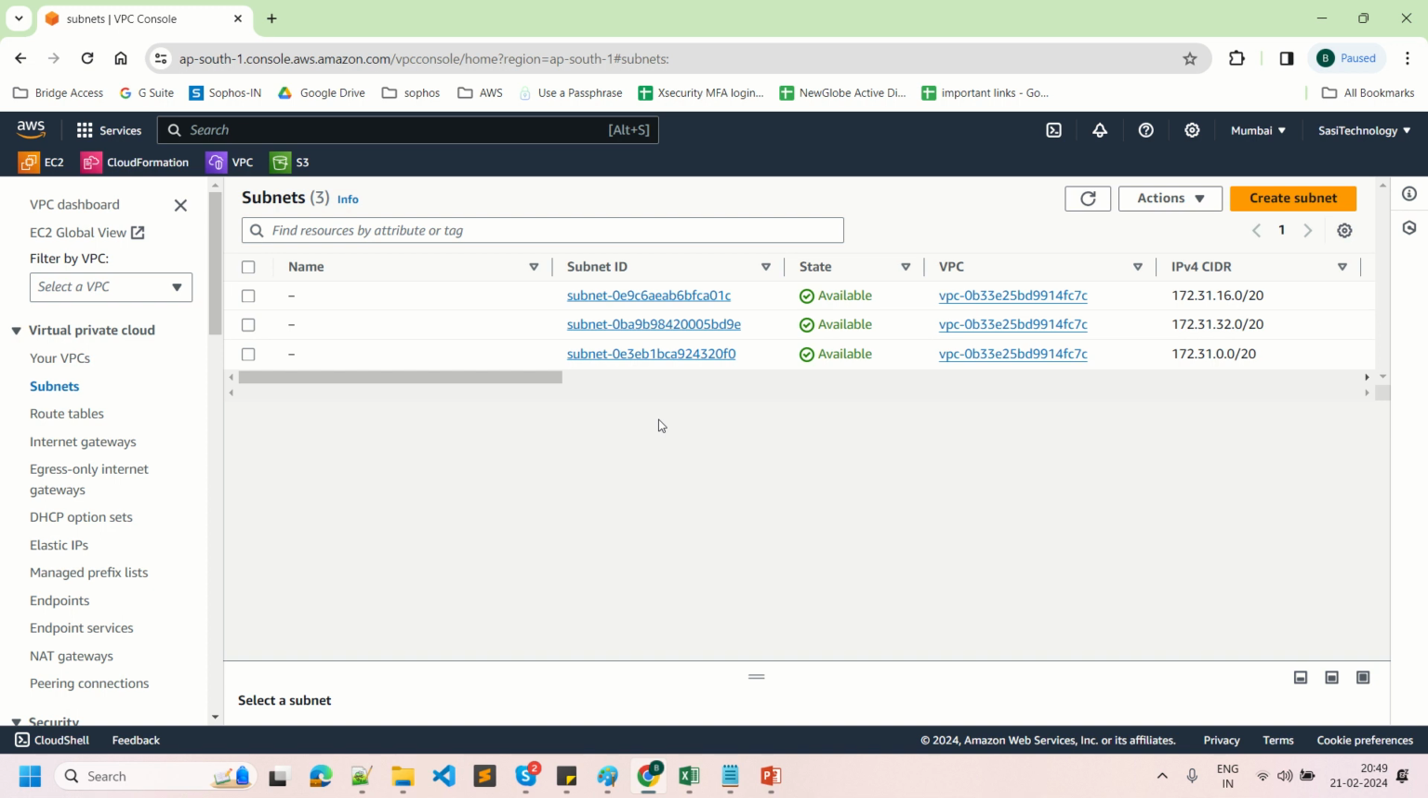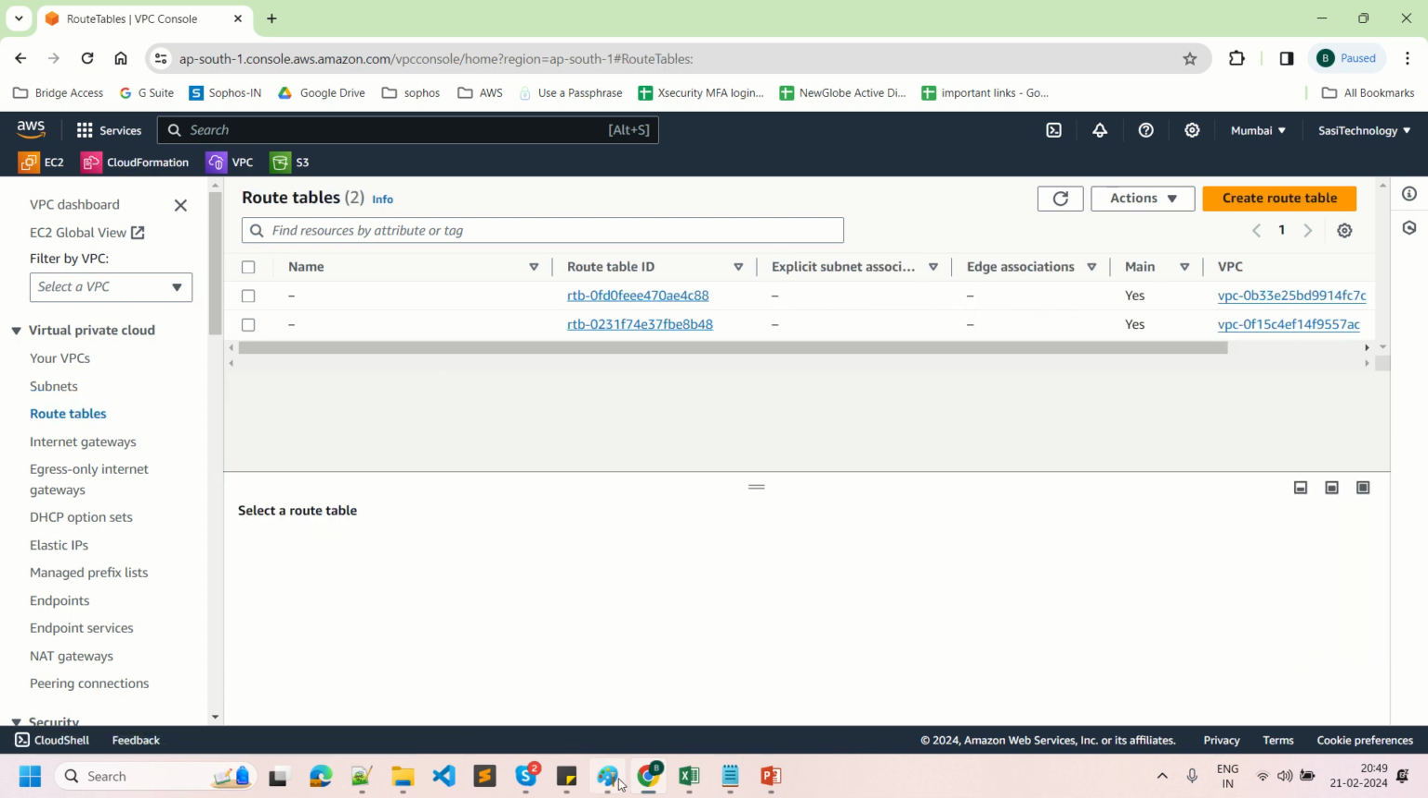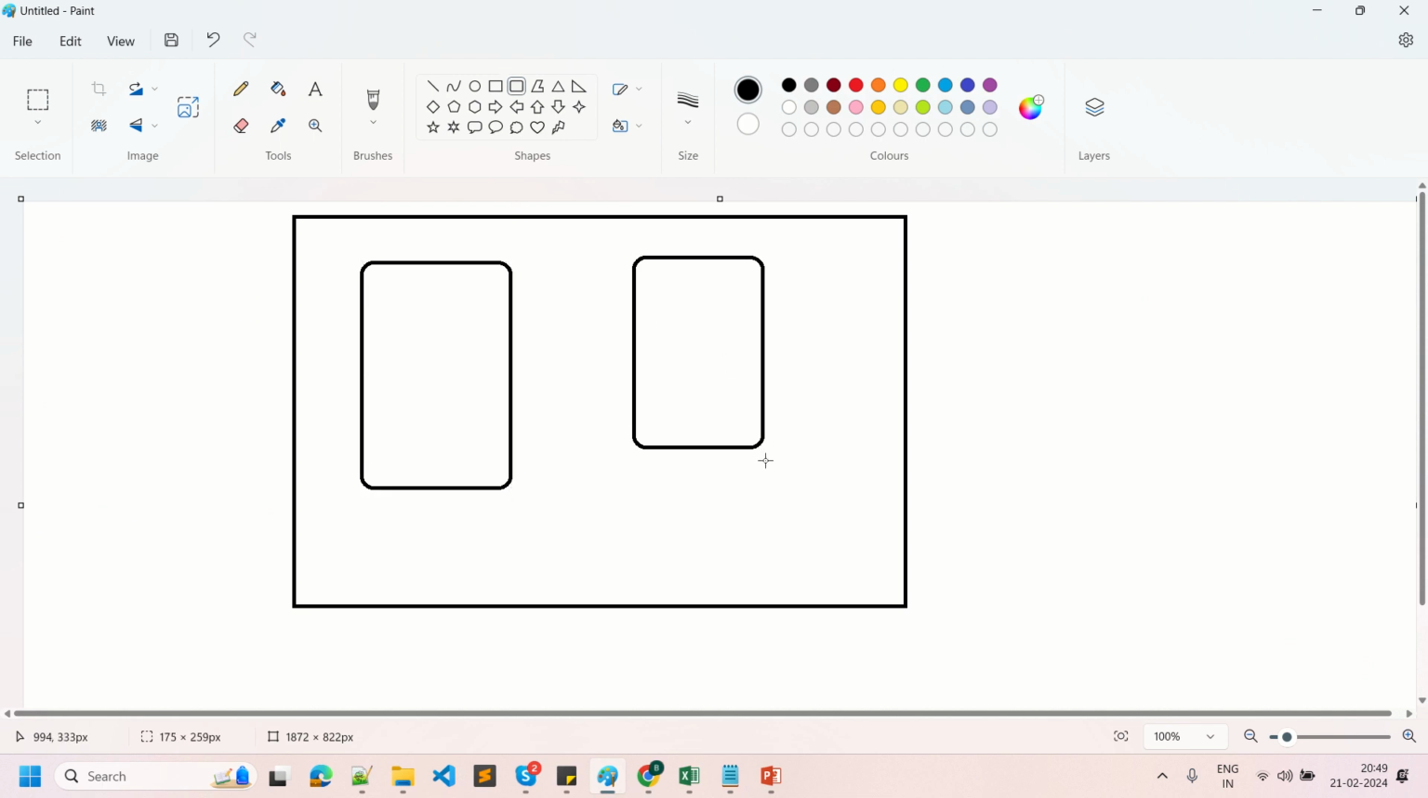Hello everyone. In this video, I'm going to explain how to create route tables. For this, I'm going to create one VPC and two subnets: one is a public subnet, one is a private subnet. So I'm going to name this as public,